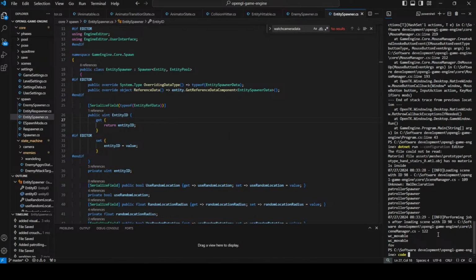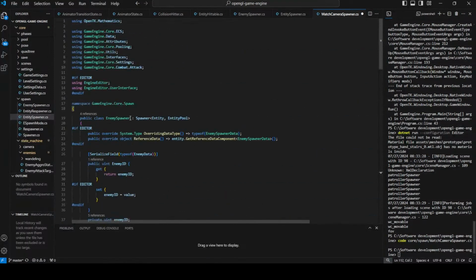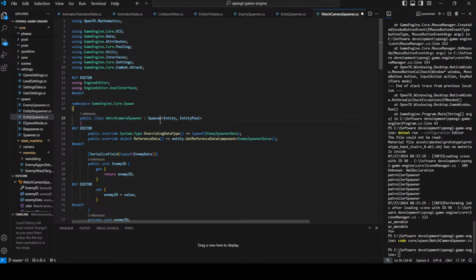Let's say code in the core spawn, and here we're going to have a watch camera spawner.cs. Let's copy this one and let's call it watch camera spawner.cs. This is not the most... well, I think I like it in a way. I will explain now what I mean. The point is that we need to